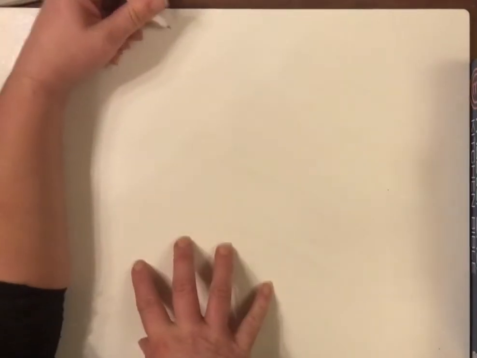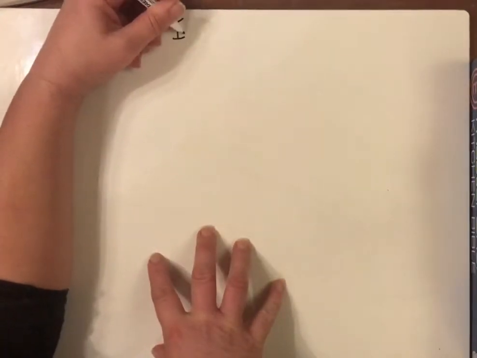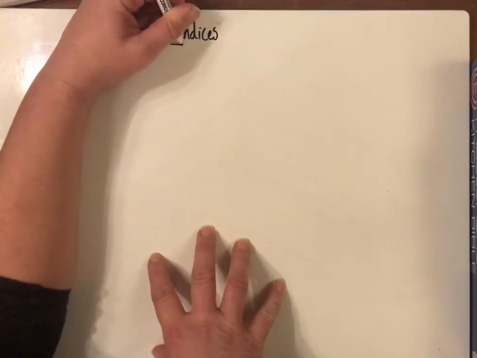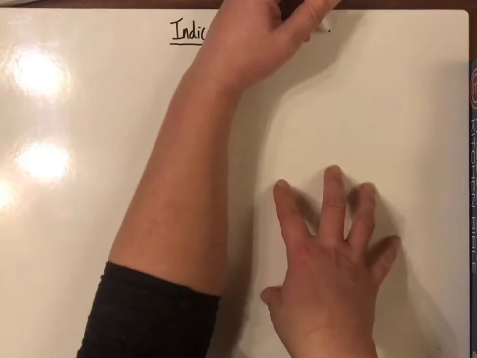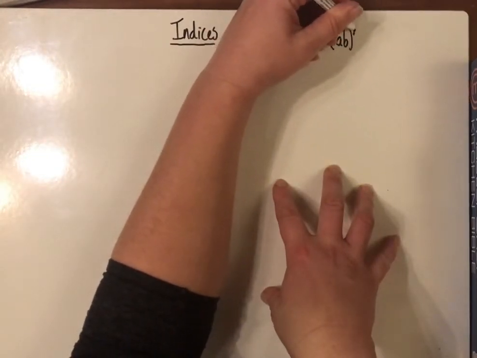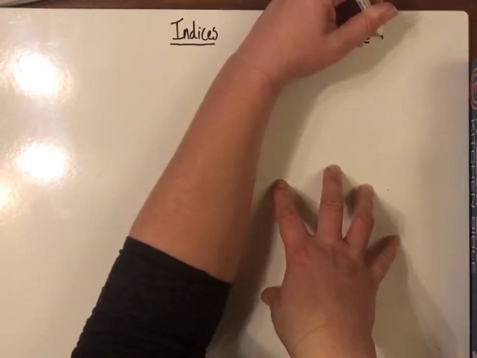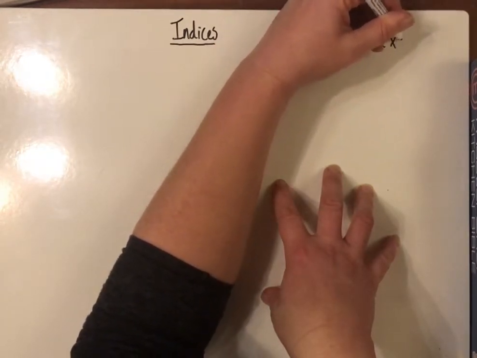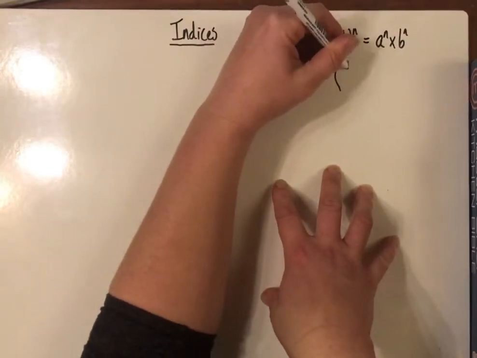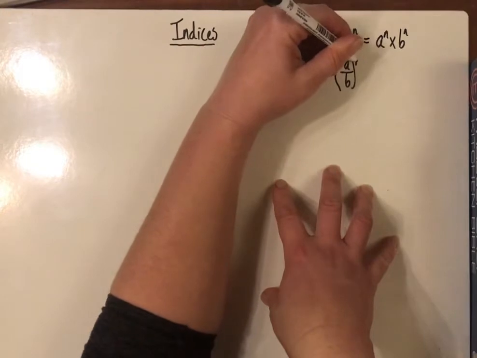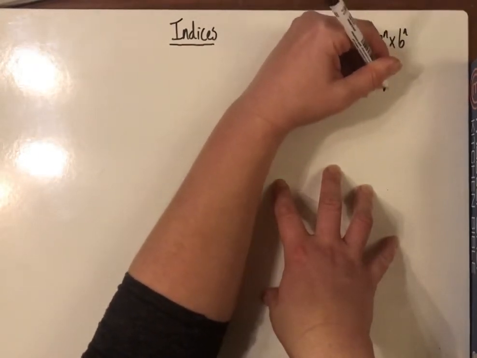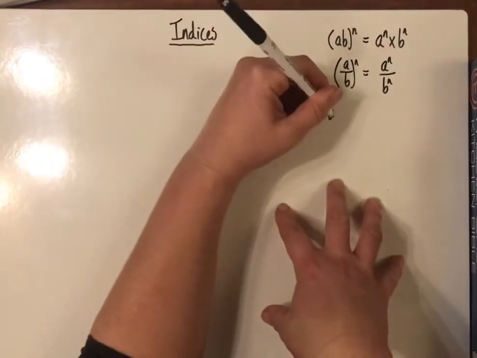Okay, indices. So just general rules about powers. If you've got a times b to the power n, then you can split across a multiplication. So a bit like with the square roots. And a over b to the power n, you can split across a division, but